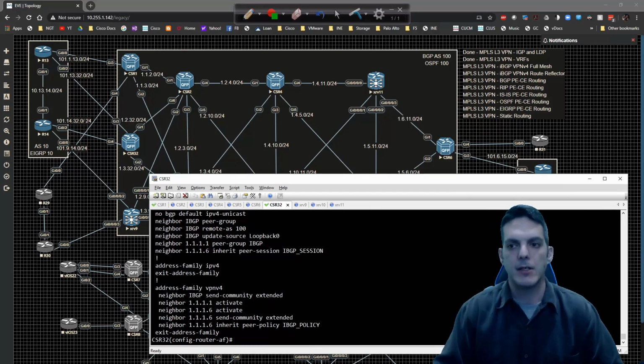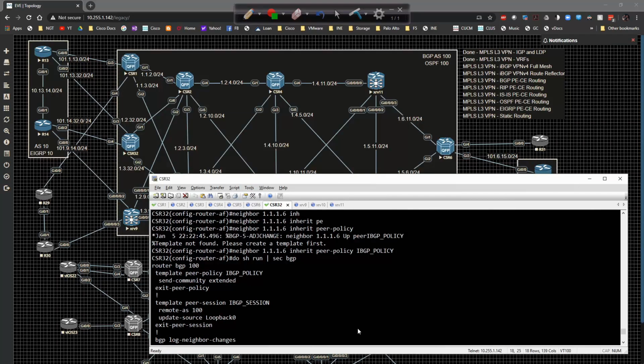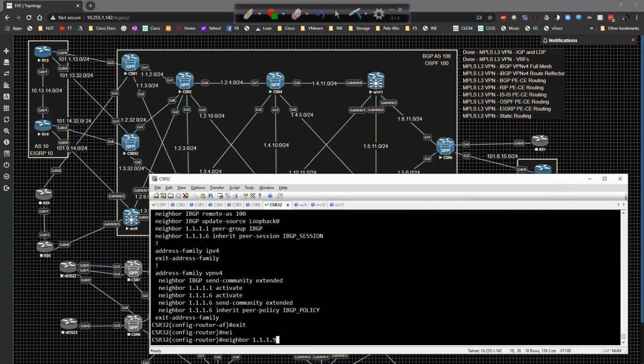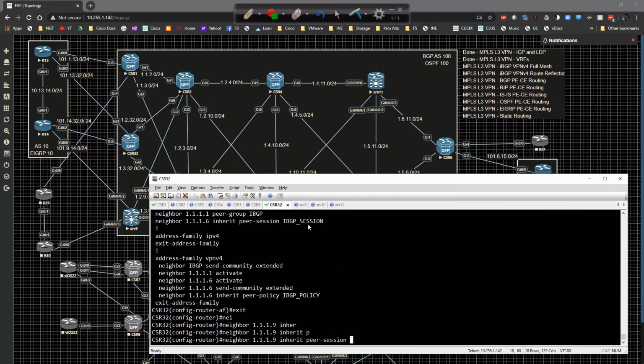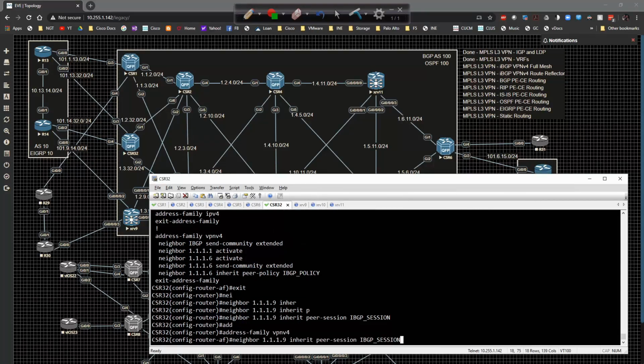Now, we've done all three CSRs. Now we need to go focus on XRv9 and configure him. Similar logic applies. Let's jump over to XRv9. And actually, let me exit out of here and type in neighbor 1.1.1.9, and then I'll type in inherit peer session of iBGP session and address family VPNv4, and I'll come in here and do the activate,